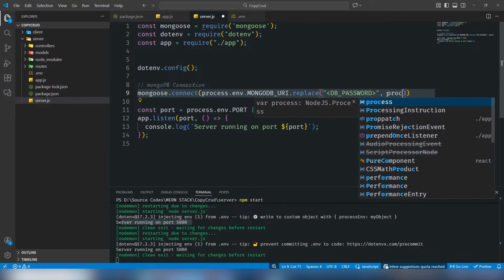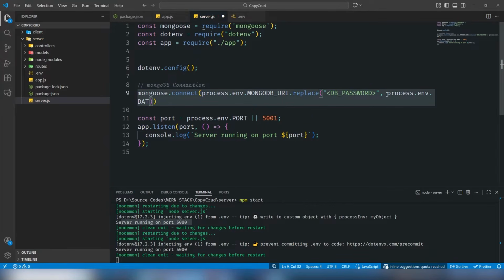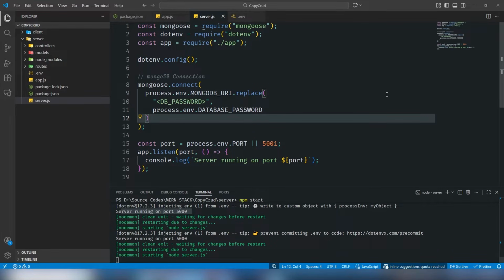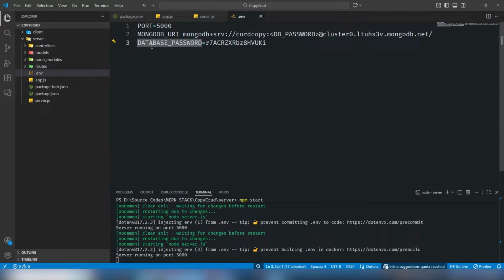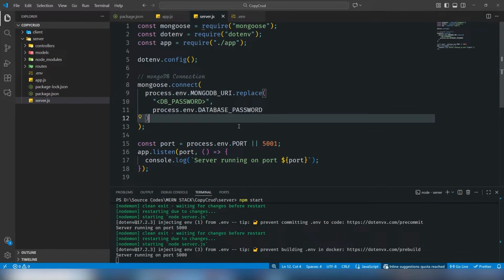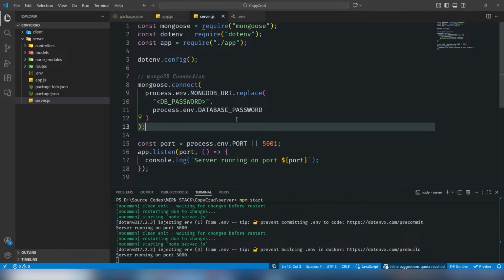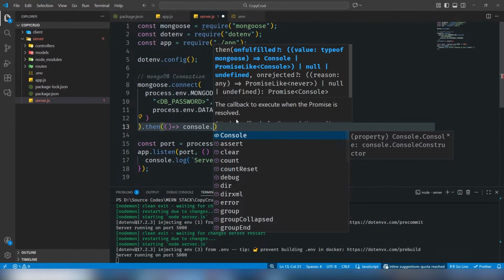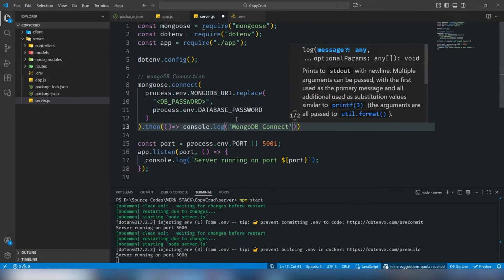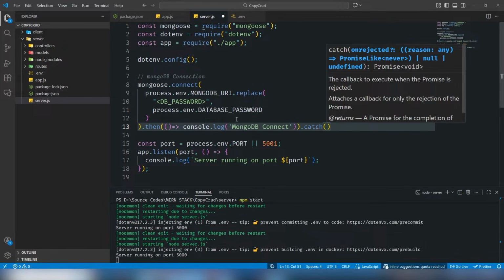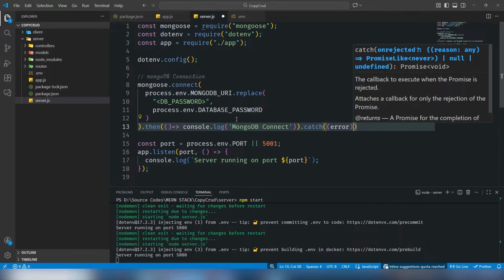you want to replace it inside this data. So I need to get the data from process.env.DATABASE_PASSWORD. Yeah, that's it, and you can check it on database password. Yeah, perfect. After that, you need to remove it, use that method, console.log MongoDB connected. If we face a problem, I would say error,